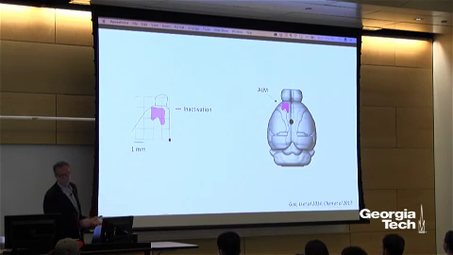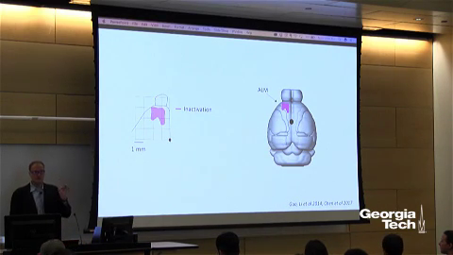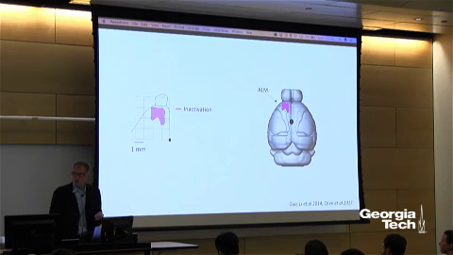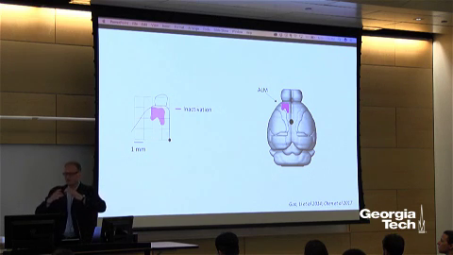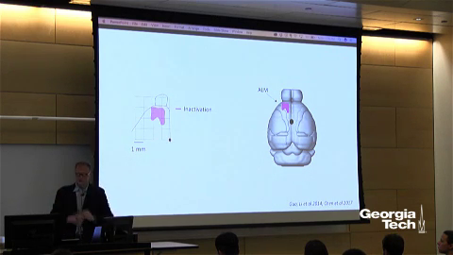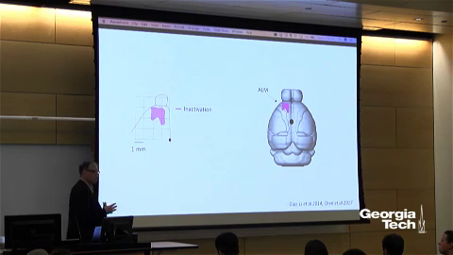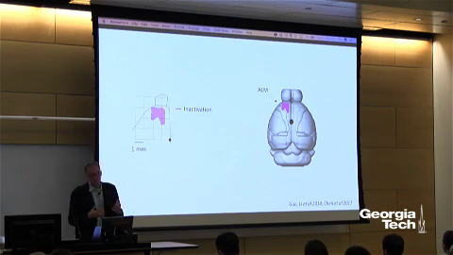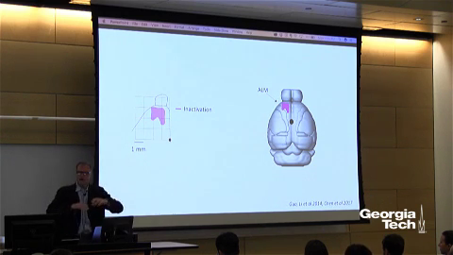This is essentially a functional definition of ALM, anterolateral motor cortex, as the brain region, at least in this task, critical for motor planning. Okay? So now, how does this relate to preparatory activity, the neural correlate of motor planning? We performed an experiment where we mapped neural activity in the motor cortex and also other regions with electrophysiology and imaging to ask how widely is